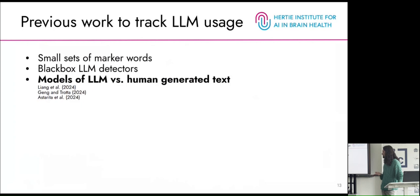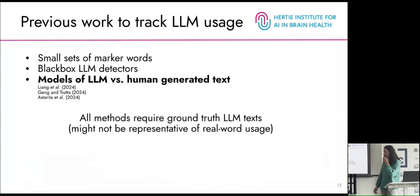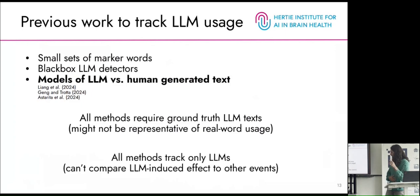These models basically have the same problem with the training bias, because you again need the ground truth corpus of language model and human written text. So in summary, all of these 3 methods basically have 2 problems. They require these ground truth data or previously selected marker words, and these ground truth data are usually not representative of the real world use cases or prompts that researchers really use when they use language models to write or revise their text. And the second problem is that all of these methods solely focus on language model usage, so